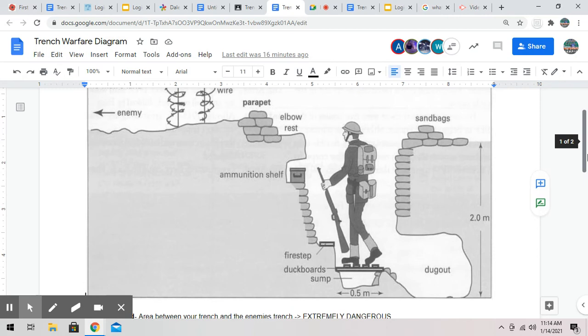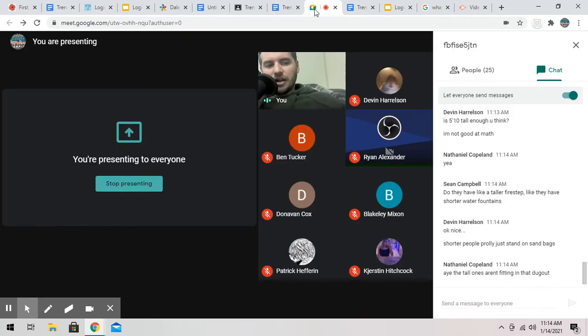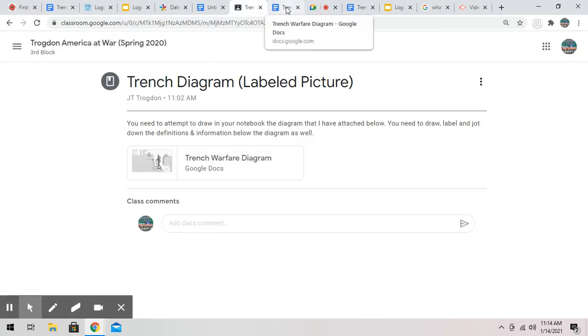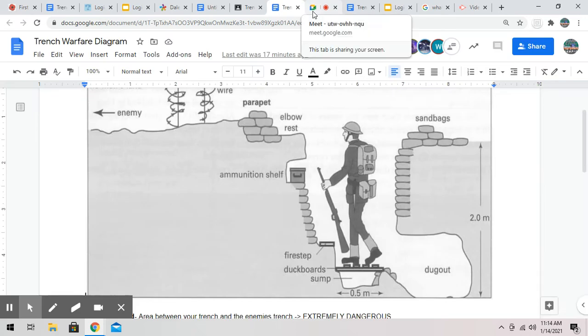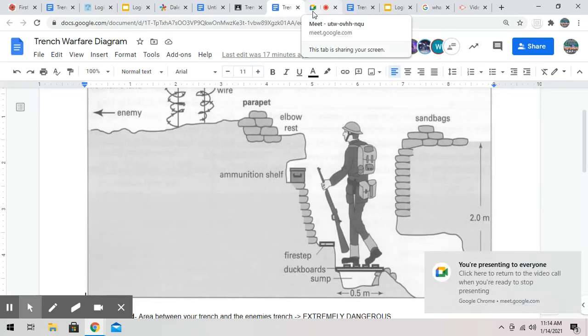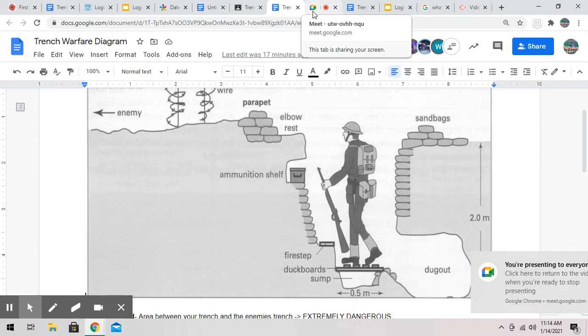Very small increments. There's different types of trenches as well. This is more so a frontline trench. There's different size dugouts as well. That's a good comment, Gage. Some dugouts were big enough to house like 10 people. Now, yeah, no, you'd be very scrunched down, but you also have to imagine your average soldier,